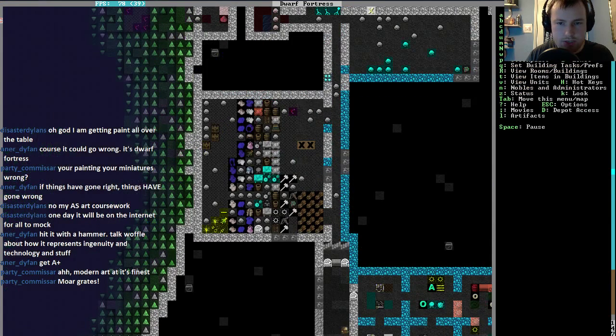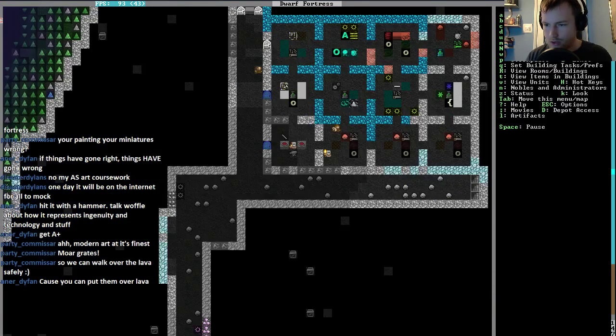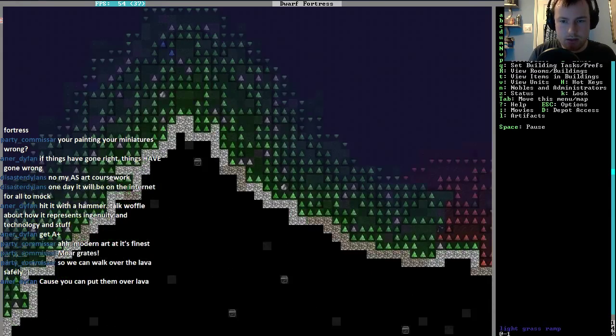Also, I should really put some... Do I have any more space? I do have some, actually. Stockpile. Weapons. Which is P. And I can put that stockpile in there. Resume. More grates. Oh, this is true, actually. I'd prefer them to be out of obsidian if I was doing that for safety, but... Speaking of which...